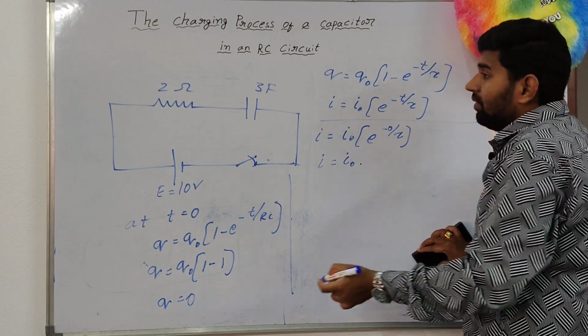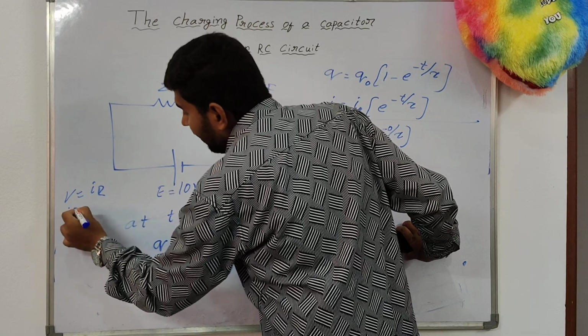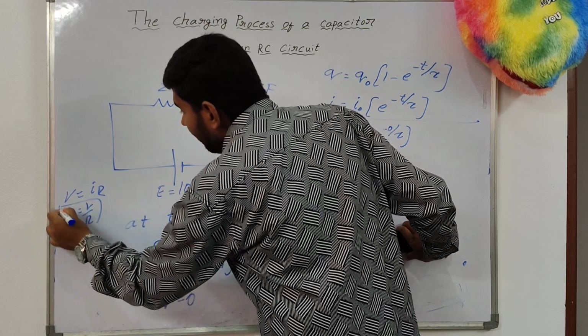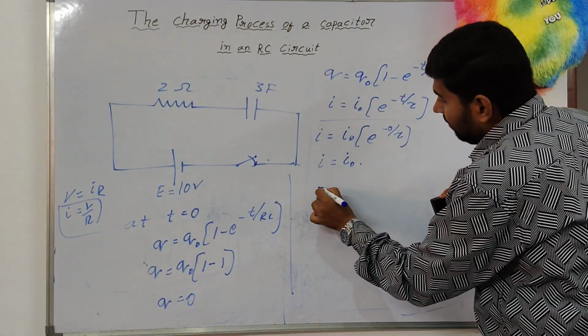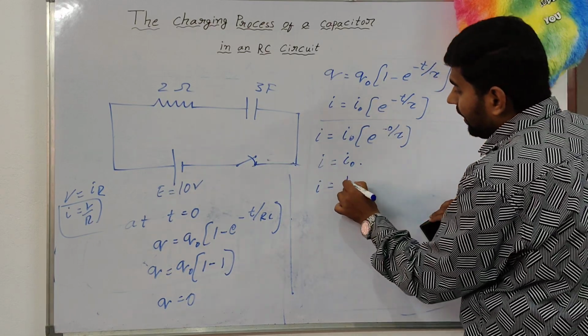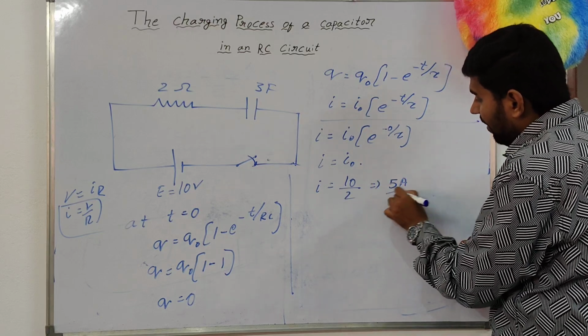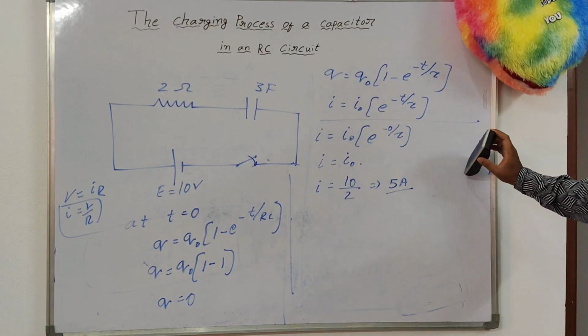What is the I formula? Generally, V is equal to IR. Therefore, I is equal to V by R. Here, from this I is equal to, what is the V here? You can take the EMF, 10 by 2. From this I is equal to 5 amperes. The maximum current flowing through the circuit